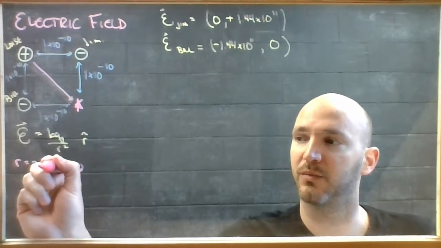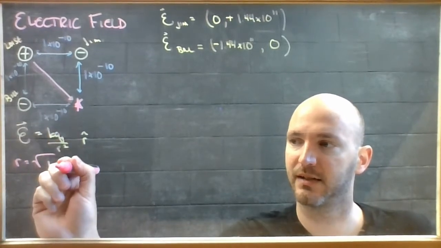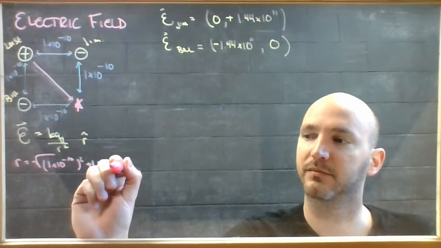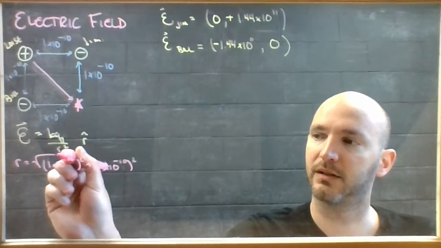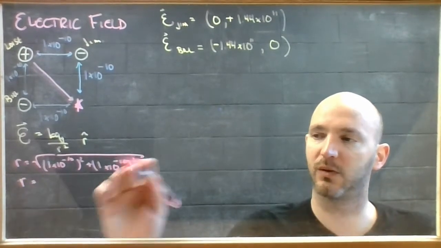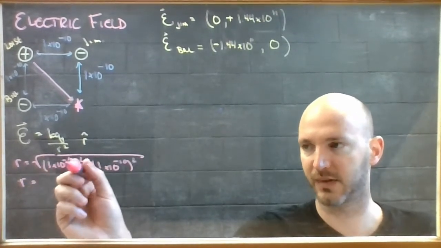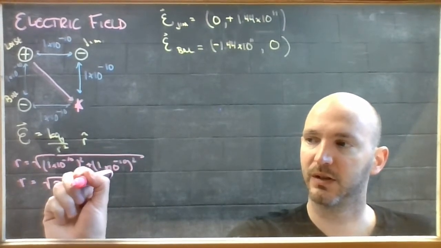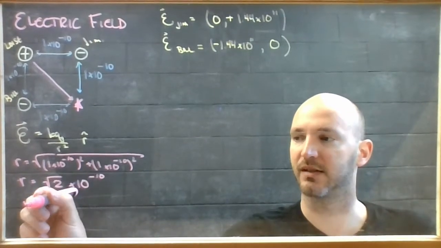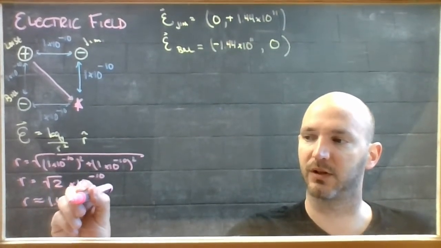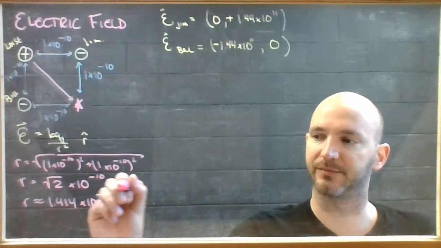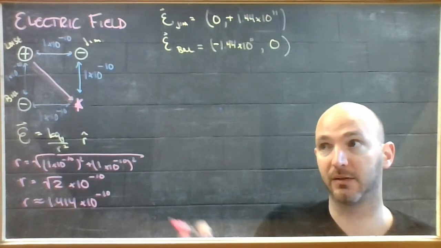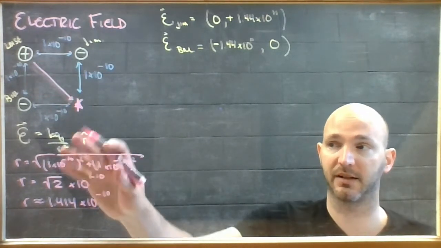That separation will be the square root of this side, 10 to the negative 10 squared, plus this side squared. And if you go and you calculate that out, square this, square that, add them together, you're going to end up with root 2 times 10 to the negative 10, which is approximately 1.414 times 10 to the negative 10. Okay, so I've got a radius now, and I have the charge of Lois, so I can dump all that stuff in and get